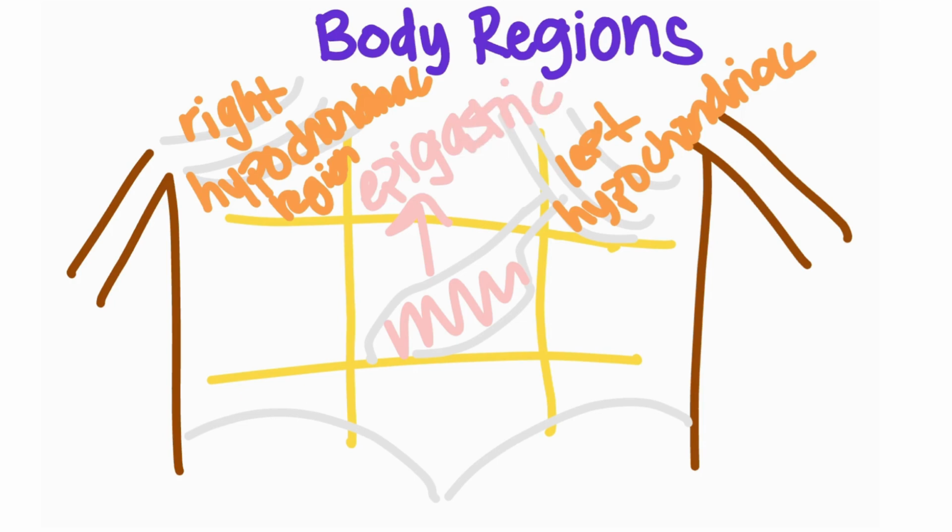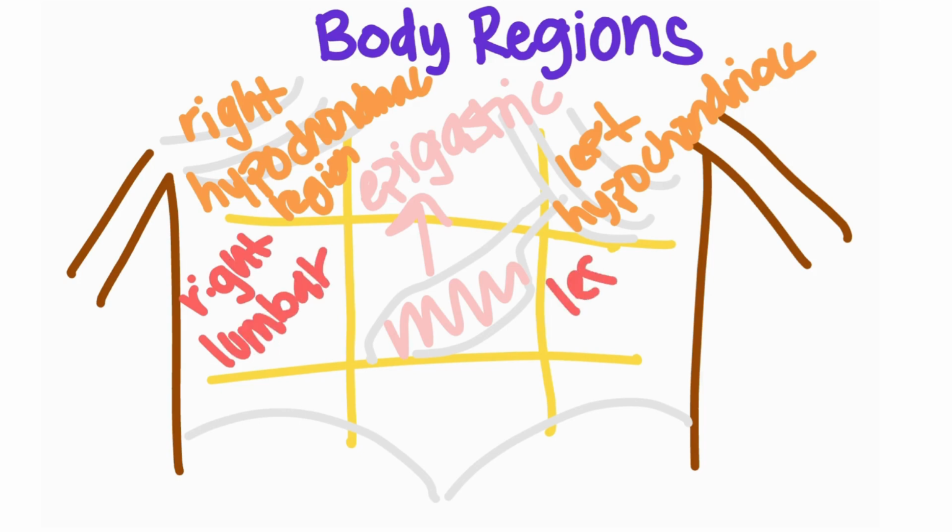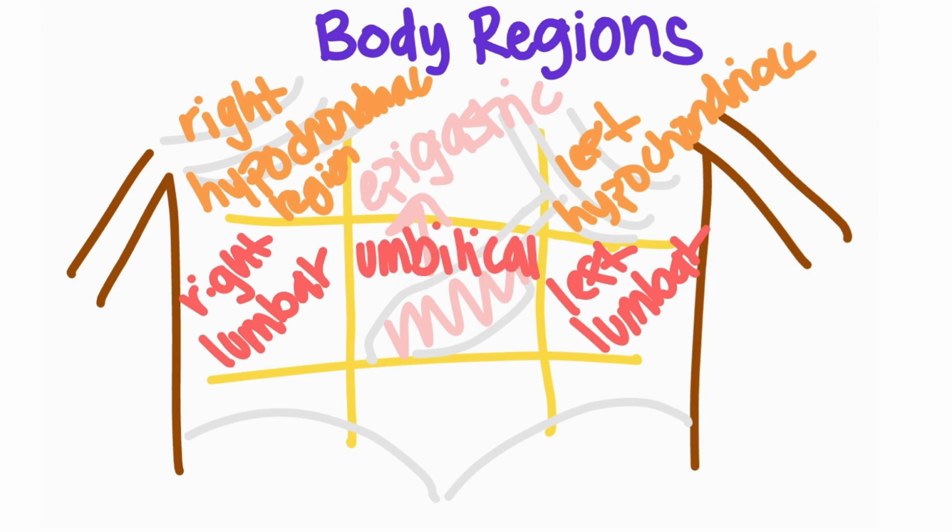Okay, and then on either side of the middle area is going to be the lumbar regions. And this is easy to remember because the lumbar is the part of the spine that pertains to this area. So this is going to be the right lumbar region, and then the other side is going to be the left lumbar, and then right in the middle is going to be the umbilical region, and this is just where the belly button is, so you can just wonder where would the belly button be and then label the umbilical